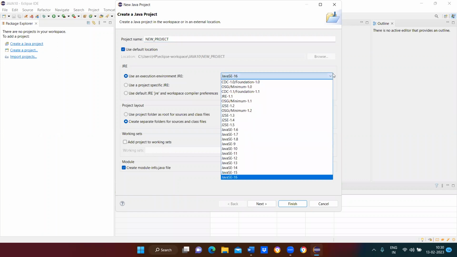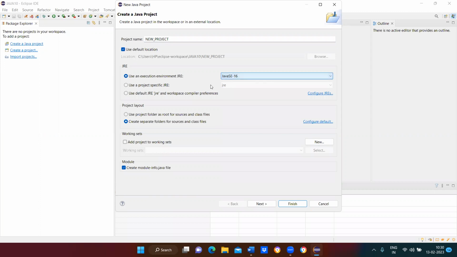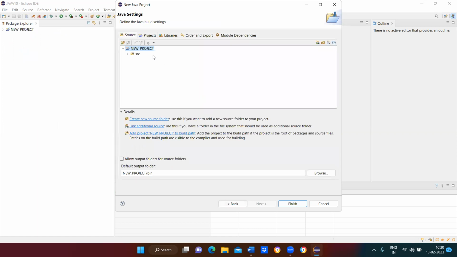Java SE runtime environment. By default it uses an existing environment JRE. If you want, you can change your JRE also. Now, when you click on Create, next, automatically it will ask you